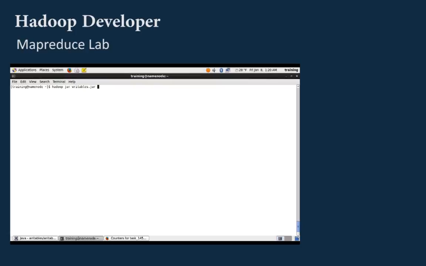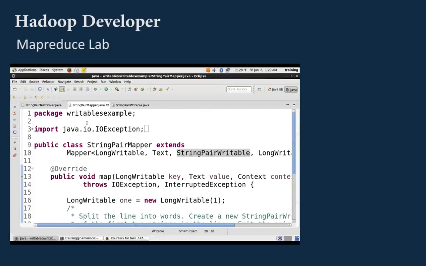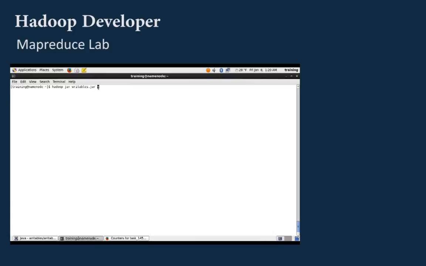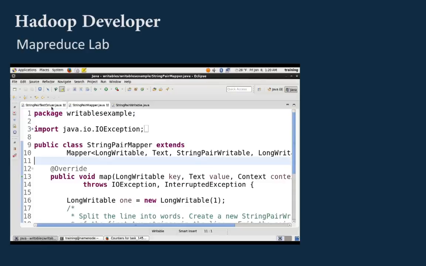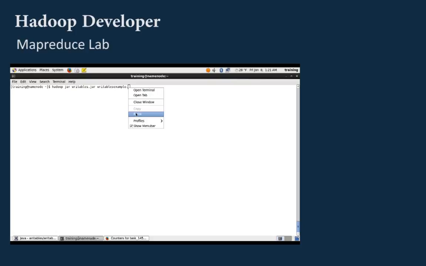Hadoop jar writables.jar. The package name is writables example, and the main class name is string pair test driver. Our input is again MapReduce input. Our output is,